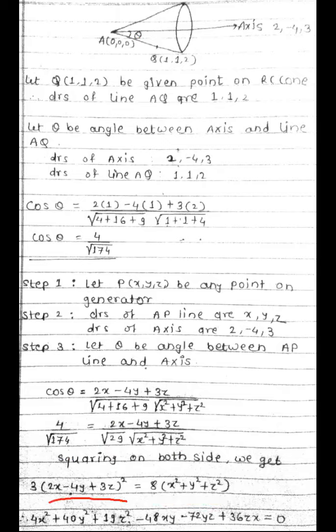How to open the bracket square, I already told you. Take the squaring, meaning consider the bracket appearing two times, take the product, and put in the value, and you will obtain the required equation of the right circular cone. Clear? I already told you in the previous example how to open this bracket square. Follow that procedure, put in the values, and after simplifying you will obtain the answer. Thank you, students.